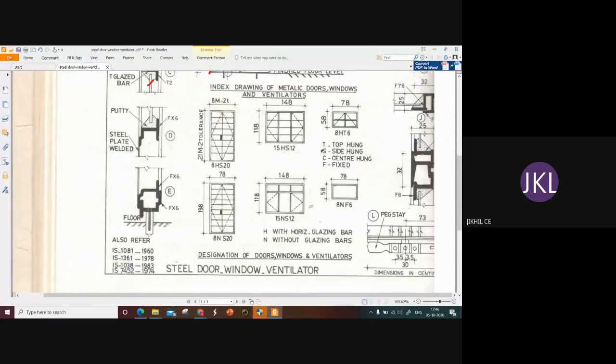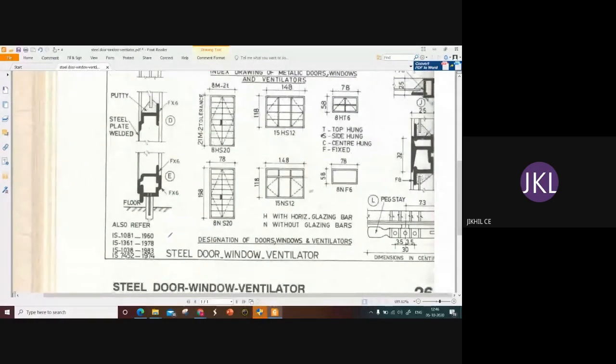On comparing with the wooden doors, windows, and ventilators, here there are so many specifications or notations which have to be understood. These notations are well described in the various IS codes. These IS codes we will be studying later.